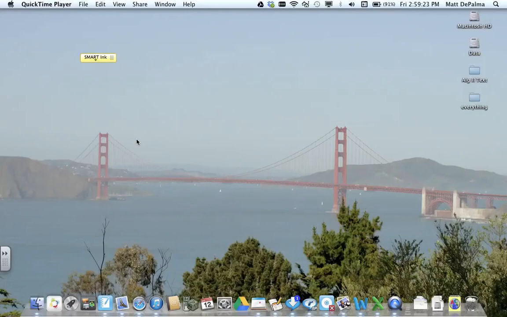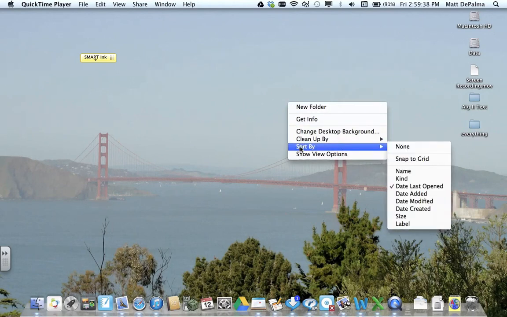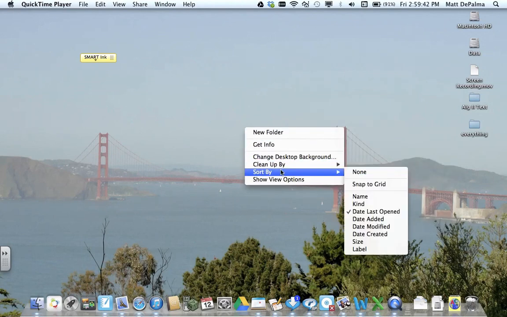Alright, this is a tutorial on how to create a presentation using screenshots. The first thing, just basic, that I like to do, and you can do this however you like, but if you right click your desktop, you'll get this menu that pops up, and I'm going to choose sort by date